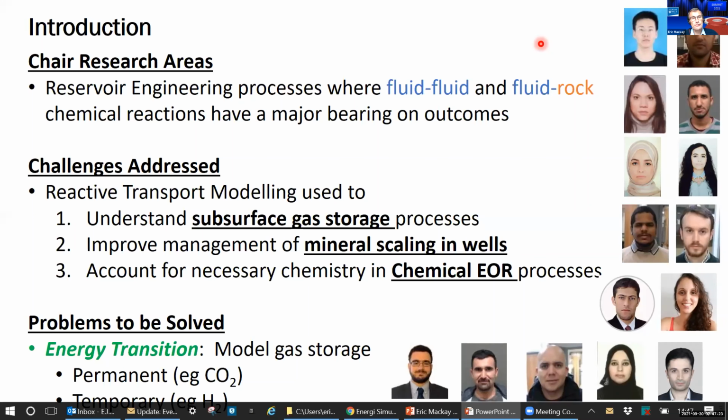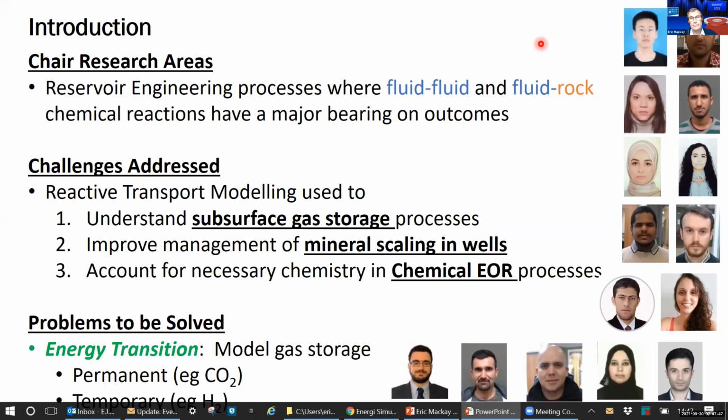So the types of challenge that we look to address is to use reactive transport modelling to better understand how subsurface gas storage processes work. For example, CO2 injection, or a topic of increasing importance now is hydrogen injection,